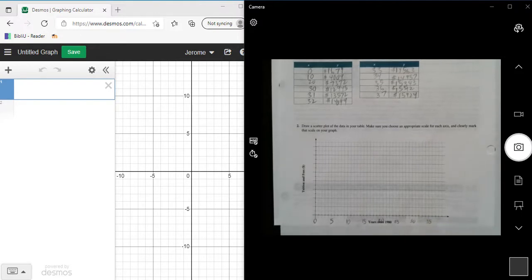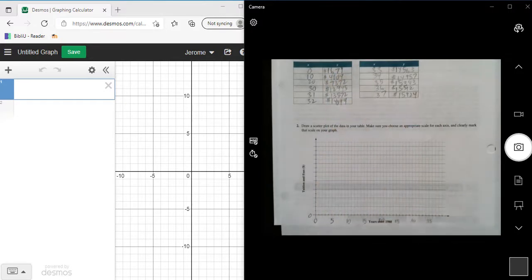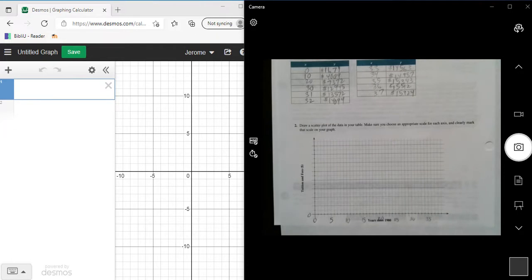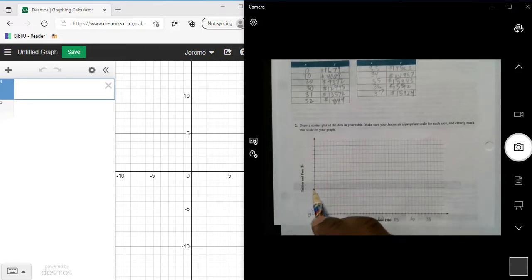Okay, so now we have our values here. So now we go down the side here, which is the Y value, which is the tuition and fees. We know we'll start here at 0, and our tuition and fees start at about 1679 and goes to 15,924. So what we could do is go up by thousands because it's about 16 or 17 tick marks here. So if we go by thousands, this would be 2,000, 3, 4,000,